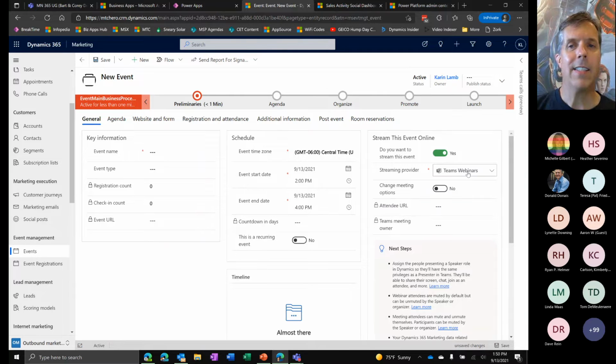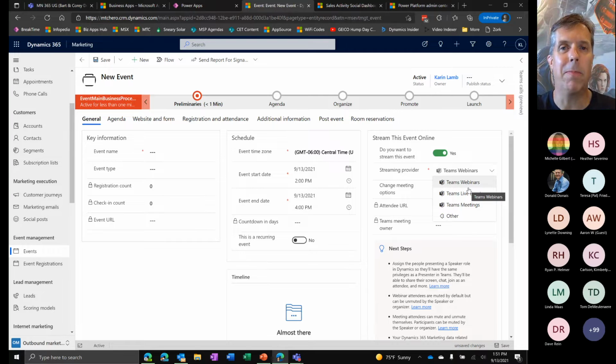And now I can schedule, it'll default to webinars because we think that's the richest experience from a data perspective to interact with, and that you invite people and they register for it and you track whether they attend and all that kind of stuff that gets tracked in webinars, where we can still do this in a Teams meeting, but it's a little less formal on the registration side of things typically. Or we can do a live event if it's something that needs to hit a whole bunch of people and you want a little more control over presenting without allowing people to come off mute and some of those kind of things. So all of those Teams modalities are supported here.